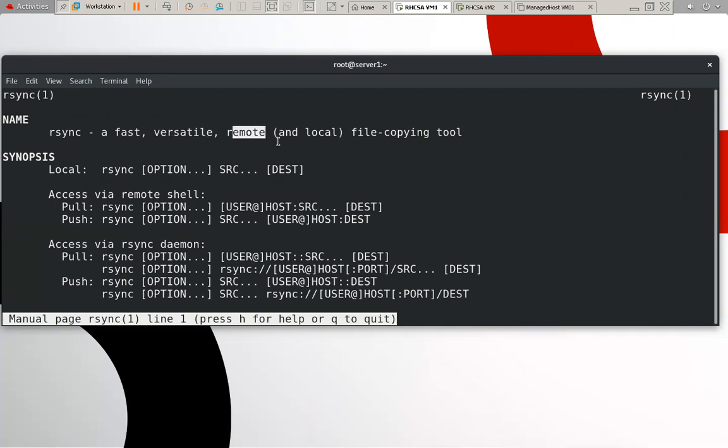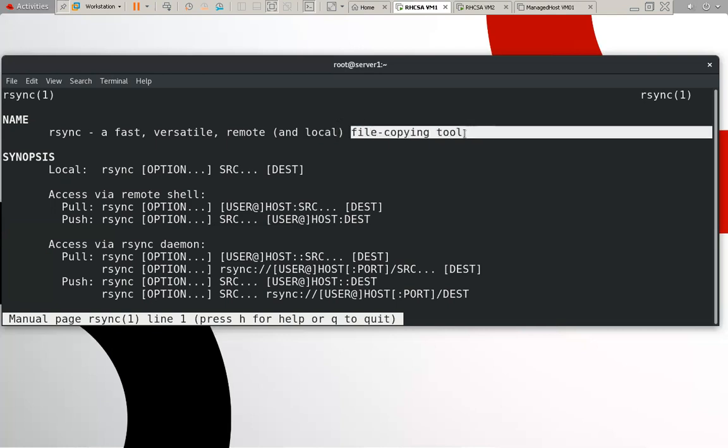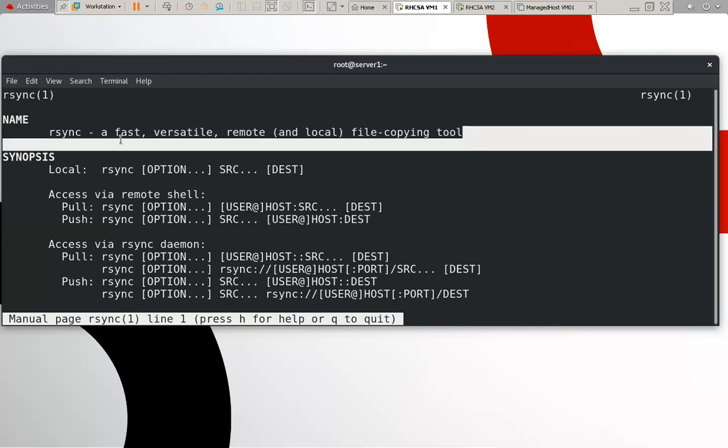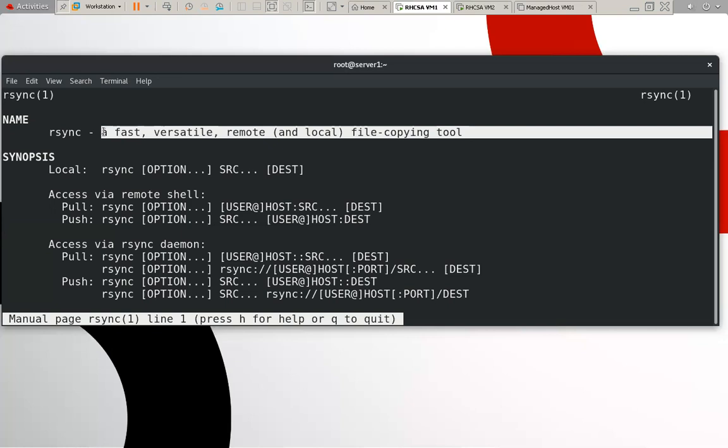It can copy from remote to remote machine, remote to any local host machine, or local host to any remote machine. It will work locally also. We can copy from a local machine to a local machine also. It's a file copying tool, a utility by which we can transfer data from one machine to another, locally or remotely.